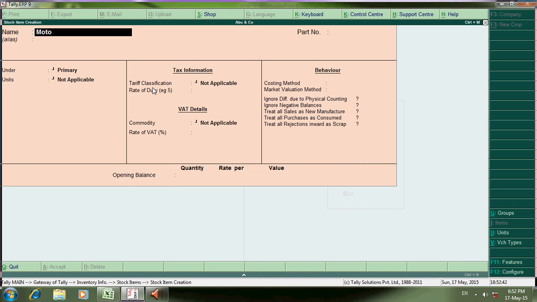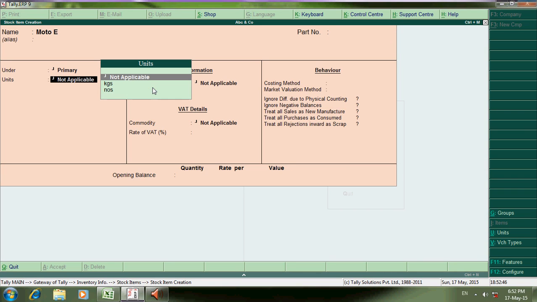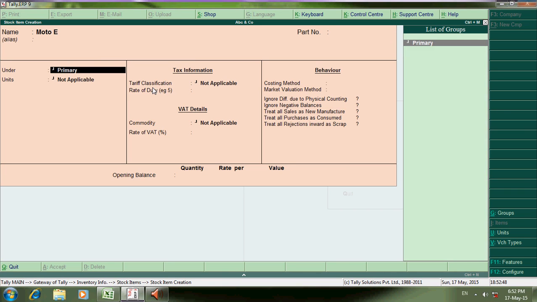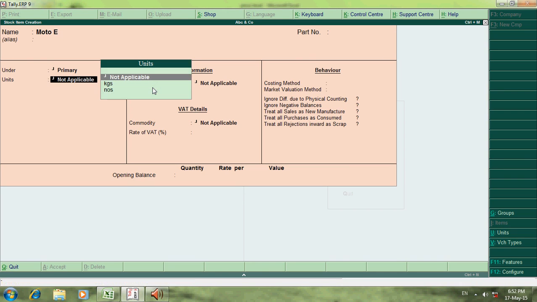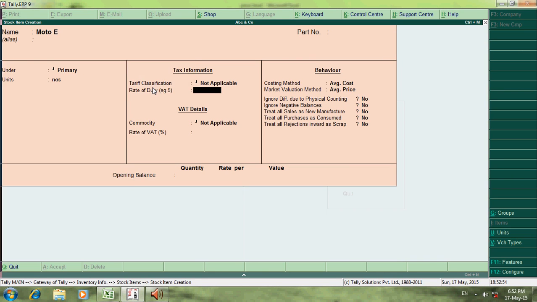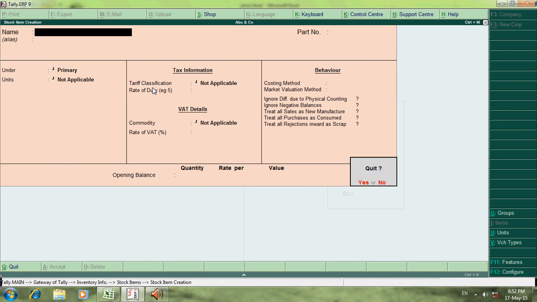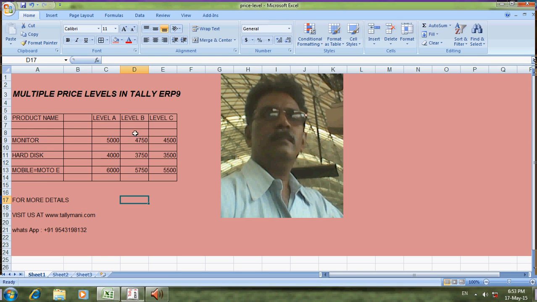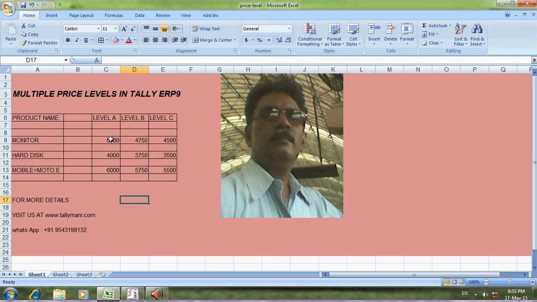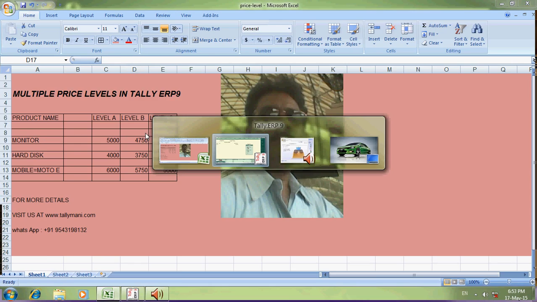Then Moto E. This group you can create as mobiles. Here numbers. Okay, these three items have been created. Now we are going to create levels for A, B, C, like these rates.